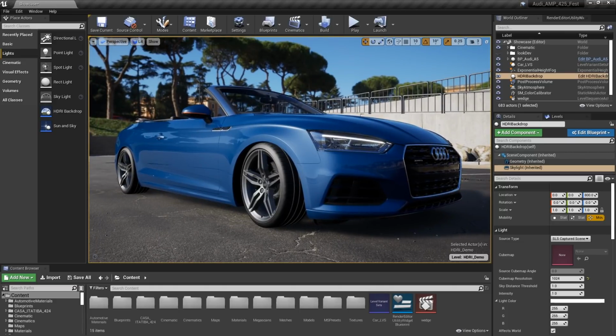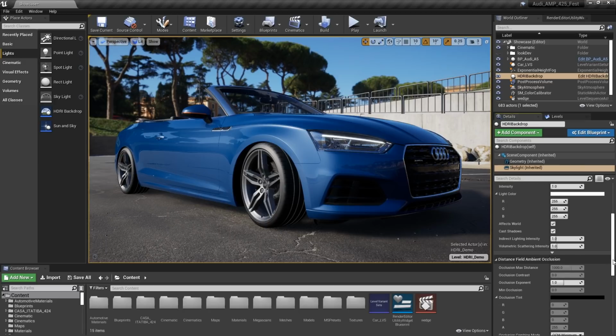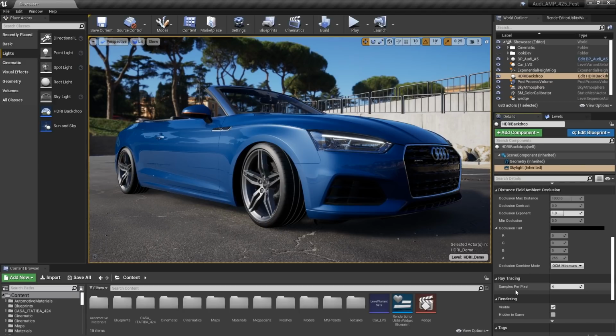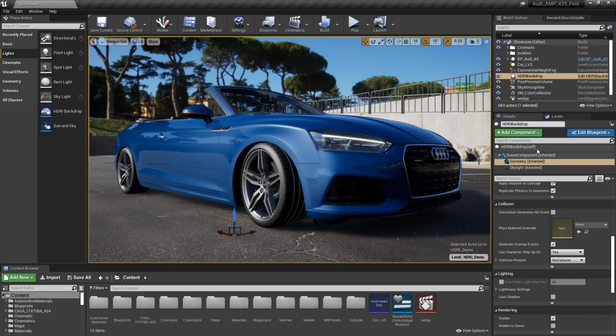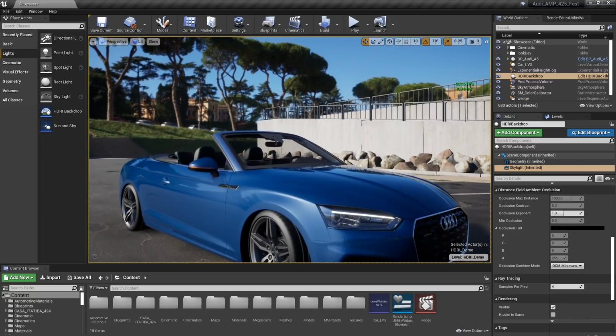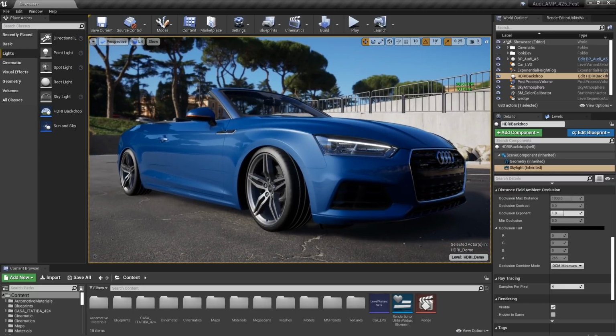So the next thing that I want to talk about with this skylight is an attribute that you're probably going to want to play around with and fine tune. It's the amount of samples per pixel that the ray tracer is using to ray trace that skylight. So I'm going to turn on my frames per second here, and let's just grab that skylight again. And you can see that we're right around 10 milliseconds. Let's just do something like that so it's a little easier to see.